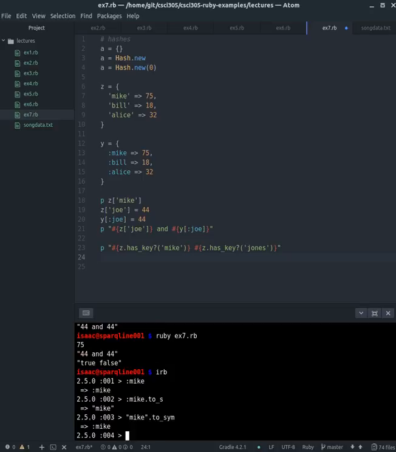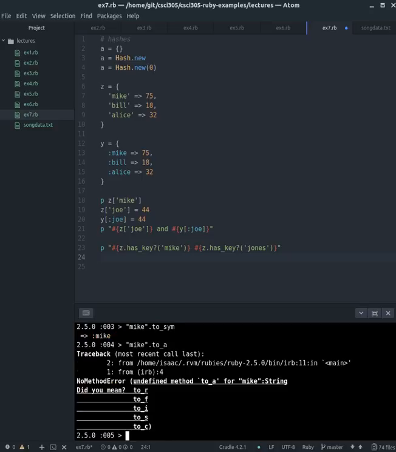We can also convert to an array. We can say Mike.to_a. We'll convert it to an array, and that failed because I don't believe there's a to-array conversion for that. Anyway, there's also a to_f, a to_c, a to_r, and this actually gave us all the different possibilities that we could use. Not everything has a to_a, but anyway, moving forward,